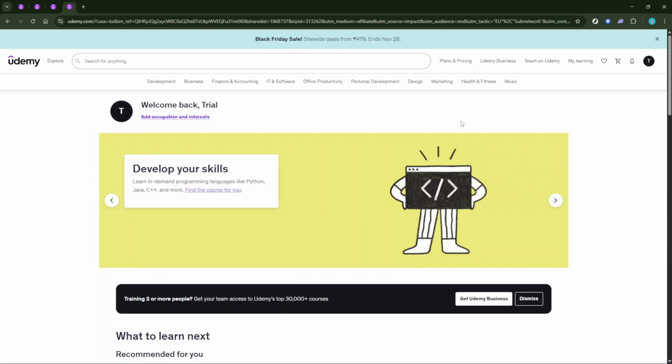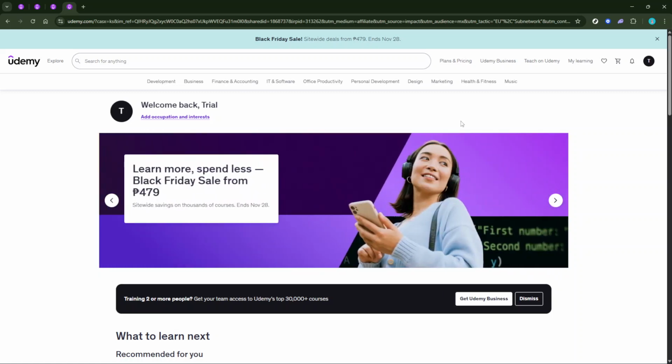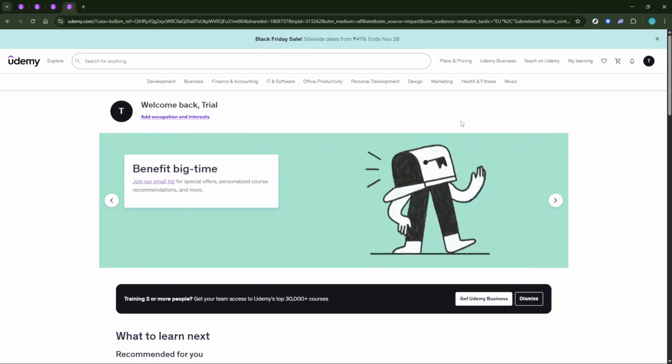And there you have it. By now, you should be comfortably logged into Udemy, ready to embark on your learning journey. Whether you're diving into a new course or simply revisiting one, your portal to knowledge is just a few clicks away. If, for some reason, you encounter difficulties or receive an error message, double-check the email and password for typos and try again. That's all for today's guide on logging into Udemy.